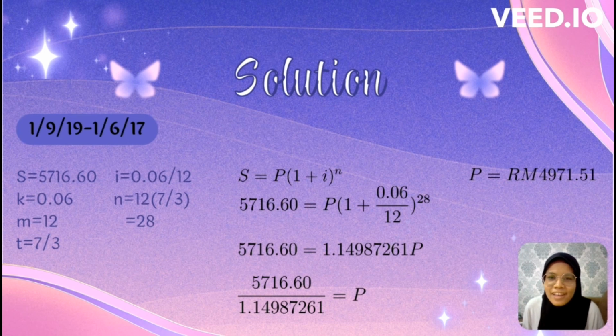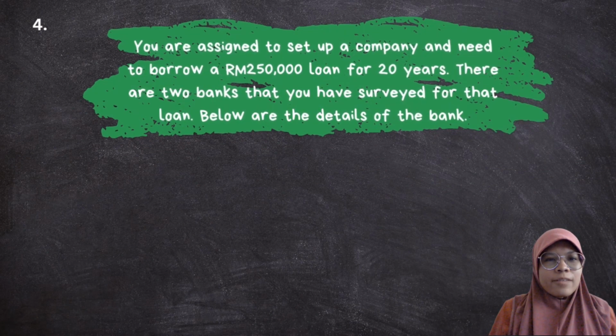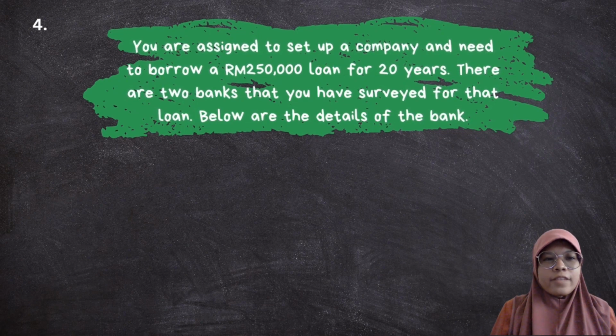We will use the same formula. S is equal to 5,716.60 that we got from earlier. I is equal to 0.06 over 12. N is equal to 28. So the answer is RM4,971.51. Question 4. You are assigned to set up a company and need to borrow a RM250,000 loan